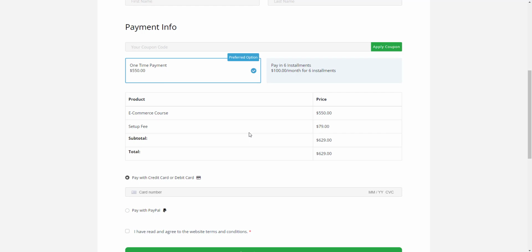So hopefully that helps. Hopefully that makes sense. So that's a little hack on how you can set it up. So if you want to charge the customer an additional product, such as the setup fee, or if it's a flat rate shipping, or whatever you want to add to the checkout process,